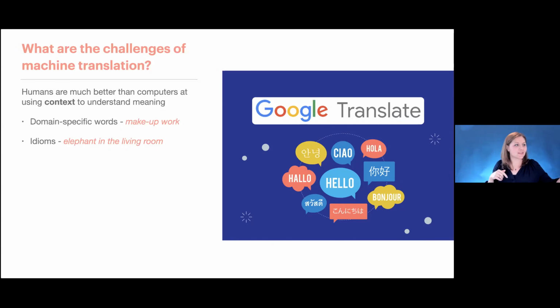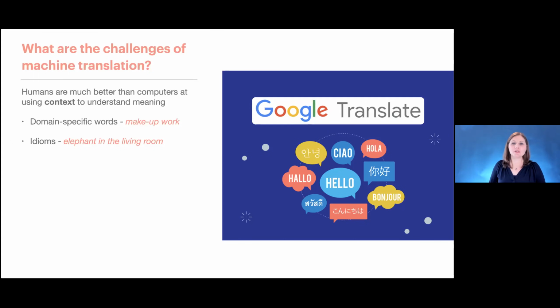We have things like idioms. It's funny because a lot of the issues that come up where it's difficult for computers are also areas where a language learner might struggle. And so idioms can be a challenge because you've got a figurative meaning instead of a literal meaning of a word or of a phrase. And so in a minute, I'm going to use the phrase elephant in the living room, which is an idiomatic expression we use in English.